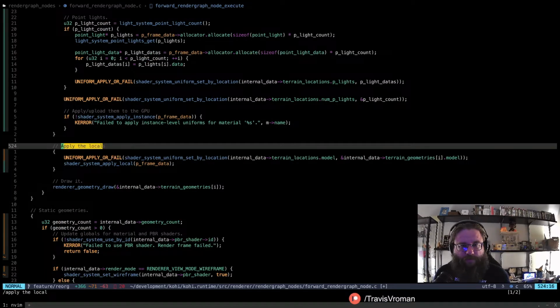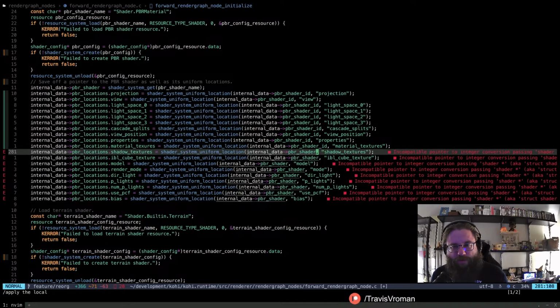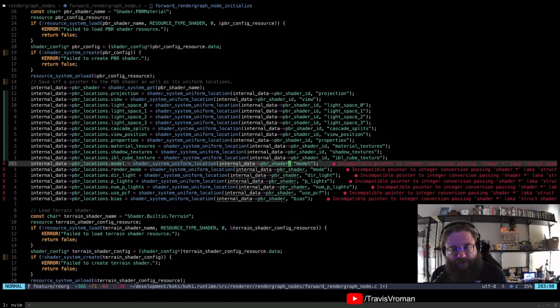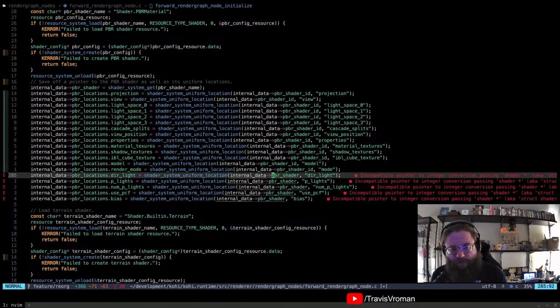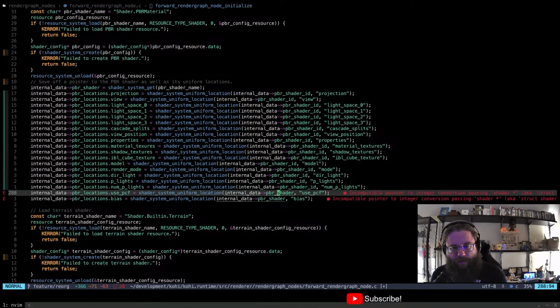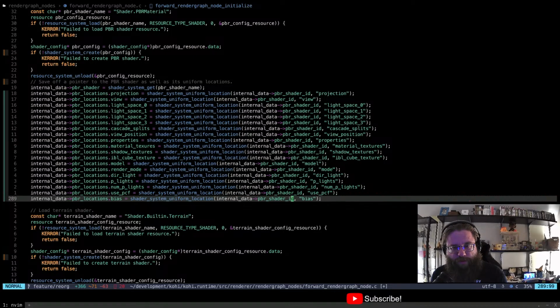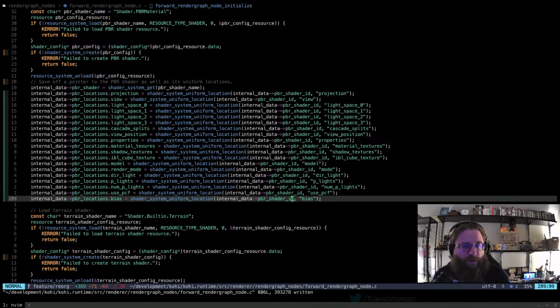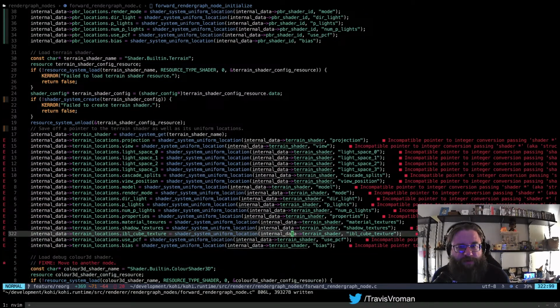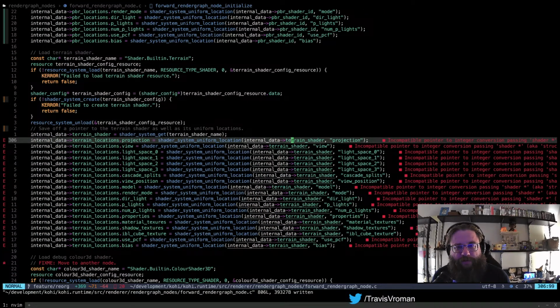Right, so we're just going to use the ID on all of these instead. All right, so we've got that. So this is just where we're grabbing all of our uniform locations. We do that for that, and we also do that for the terrain shader. So this is going to be terrain shader ID.